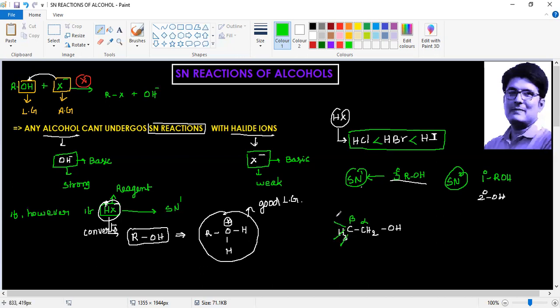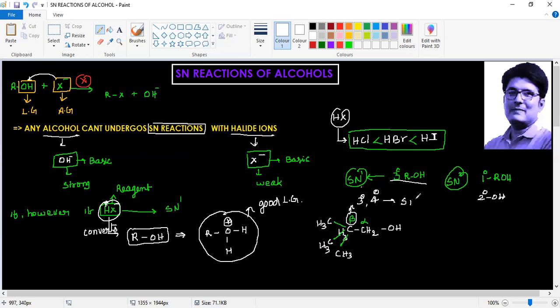If this beta carbon is also CH3, CH3, CH3 like this, so this beta carbon, if it is tertiary or quaternary, then it also